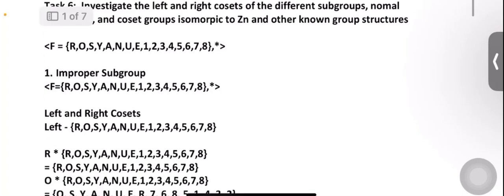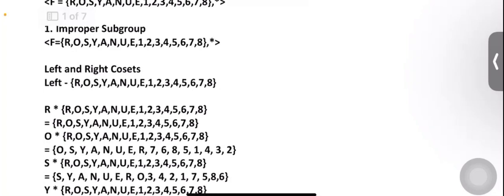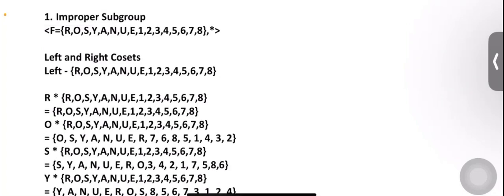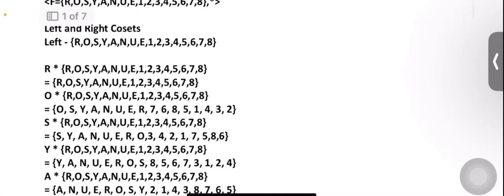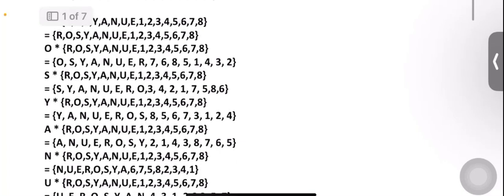In our improper subgroups, we have here the same. In our left and right cosets, for our left, we have the same elements. R star ROSYANUE 1, 2, 3, 4, 5, 6, 7, 8 is equal to ROSYANUE 1, 2, 3, 4, 5, 6, 7, 8. So for our O star, our element is equal to